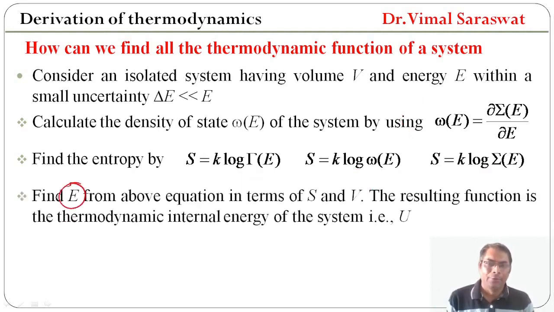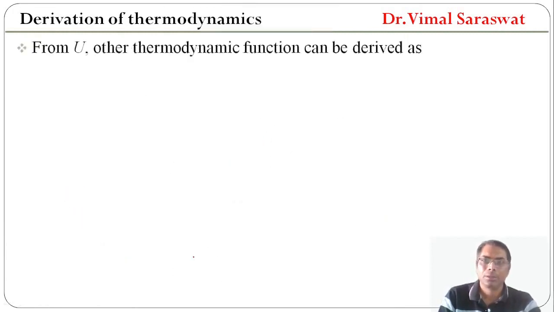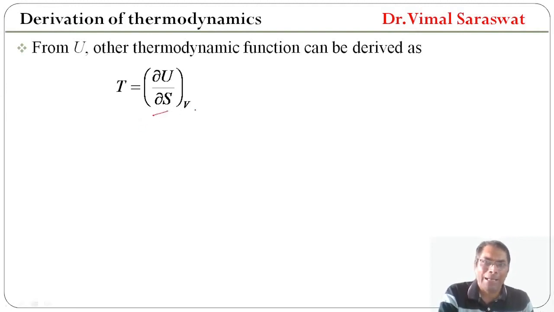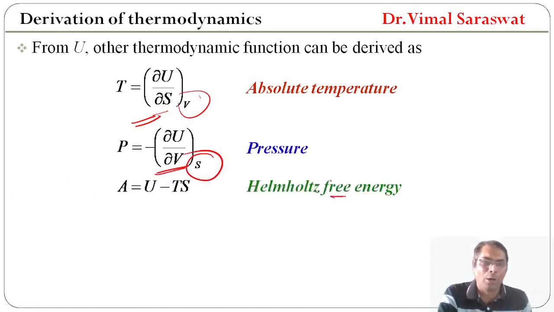Now, find E from the above equation in terms of entropy and volume. The resulting function is the thermodynamic internal energy of the system, that is U. So, U is equal to E. From internal energy U, other thermodynamic functions can be derived as T = (∂U/∂S) at V, which is the absolute temperature, and pressure by using P = −(∂U/∂V) at constant entropy,